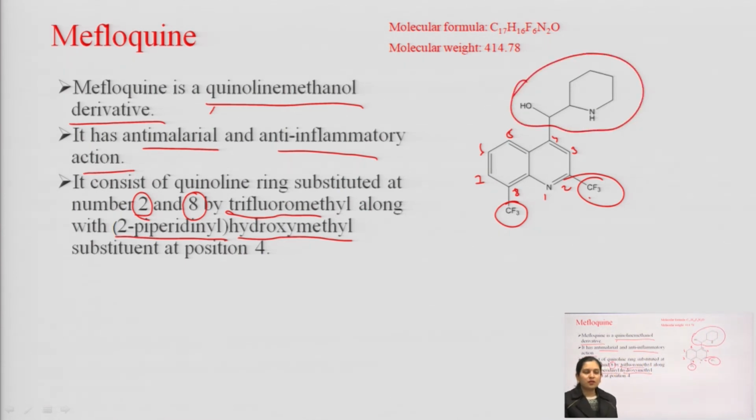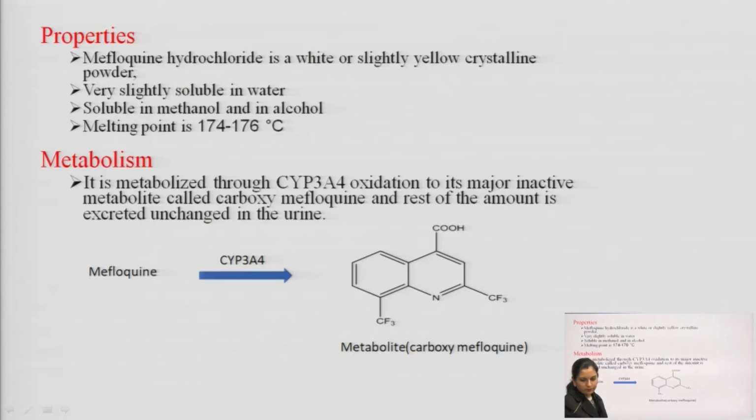So, these are the two substitutions, one with trifluoromethyl and the second with the 2-piperidinyl hydroxymethyl group. If we talk about the properties, mefloquine hydrochloride is a white or slightly yellow crystalline powder, very